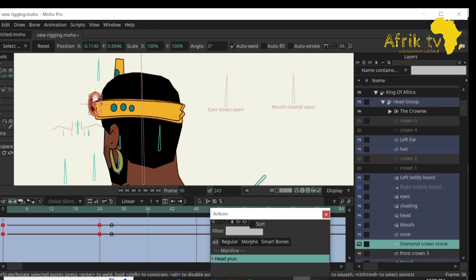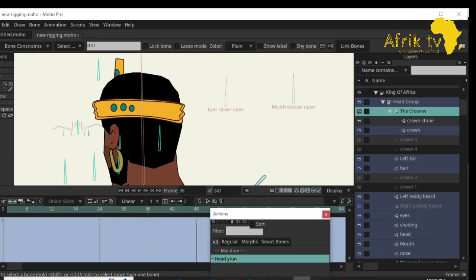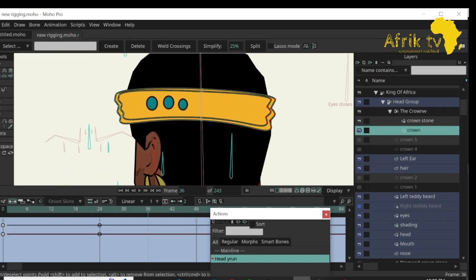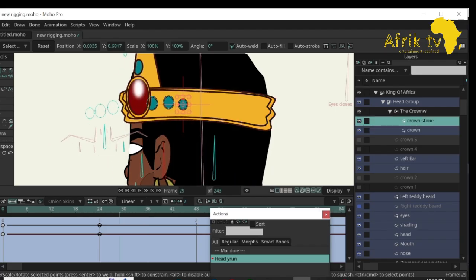And then okay, then we kind of squash this crown to fit into the head. So we have something like this, right? And then of course, even from here,